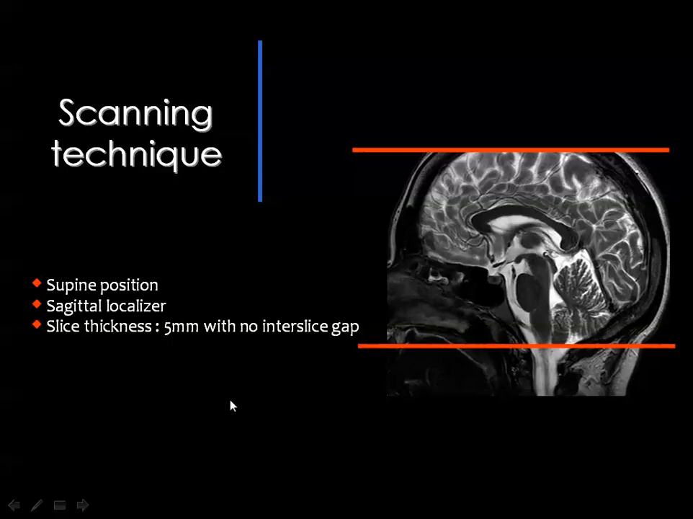Then the slice thickness is 5 millimeter, and we do not leave any interslice gap between the sections. For adults, we have the slice thickness at 5 millimeter, and we leave 2 millimeter interslice gap. Then if you have sections like this, starting from the base of the skull, proceeding towards the vertex, at some time you will cut the cerebellum and part of the occipital lobe posterior to it,